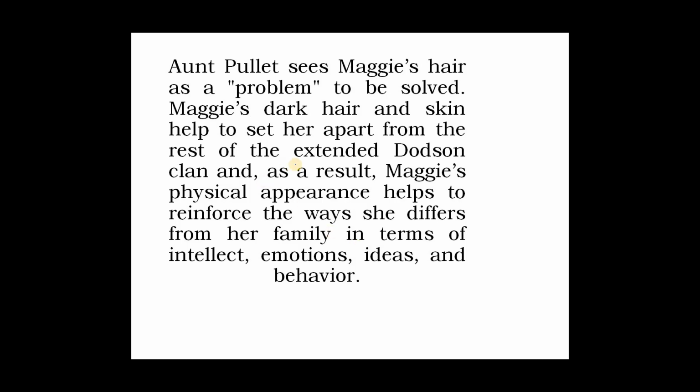Not only the color was different, but George Eliot mentions that she was different in intellect, meaning she was different in intelligence from her aunts, from her other relatives. She was better in intellect, she was more intelligent, she was emotionally better. Her ideas were better than her neighbors', than her relatives', and even Maggie's behavior was better than her relatives', than her aunts', than her cousins'. So not only physically she was different, but she was different in behavior patterns as well.